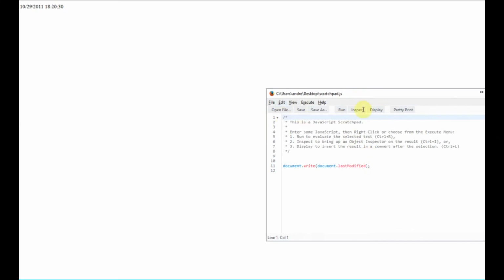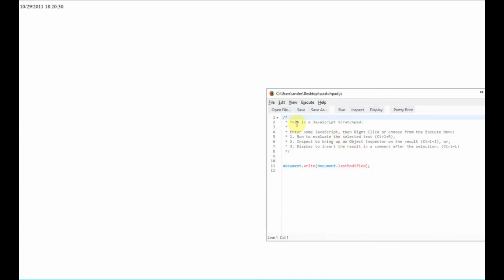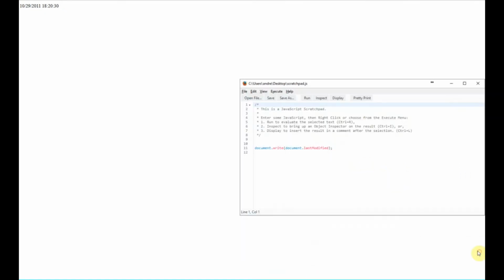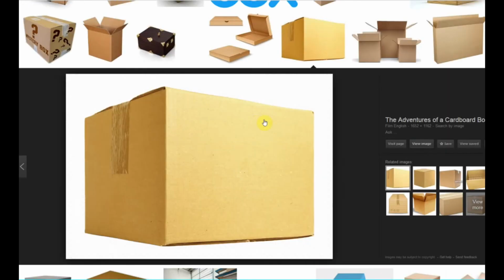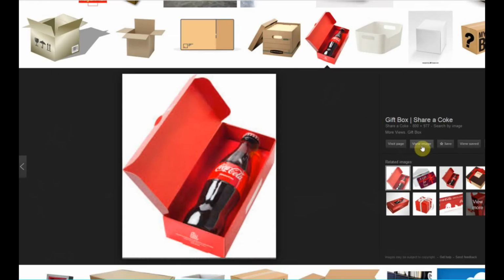Another thing you can do once we've got this scratchpad thing working is that you can just save the little bit of code here. So we can just go to File and click on Save As. And you can call it whatever you like. I've just got mine saved as scratchpad, and I've just saved it on my desktop. And that means then, what I can do is I can just open that file each time and just reload it, like I did before, and then I can just click Run whenever I need it. So, you know, again, I can go down to perhaps this, and I'll click on View Image,